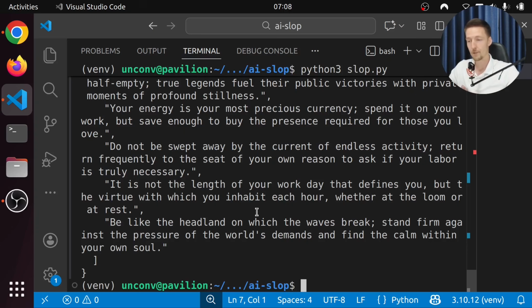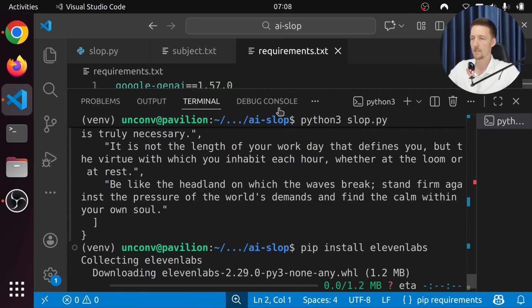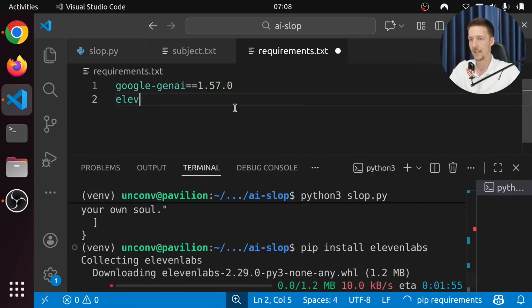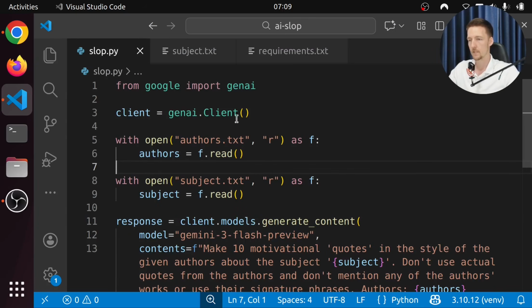So the next thing we have to do is we have to make these into audio clips. So let's use ElevenLabs for this. Let's pip install elevenlabs. And once again, I am going to go to my requirements.txt, and I will add elevenlabs here. And it is this version. Okay, and how ElevenLabs works is kind of similarly to the Google Gen AI.